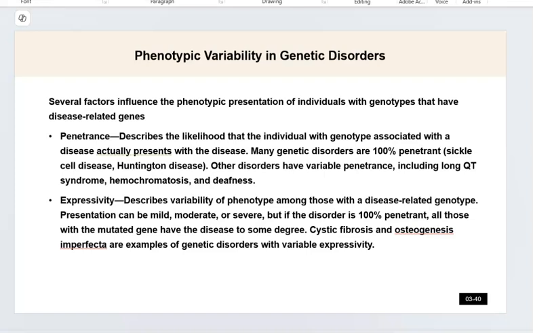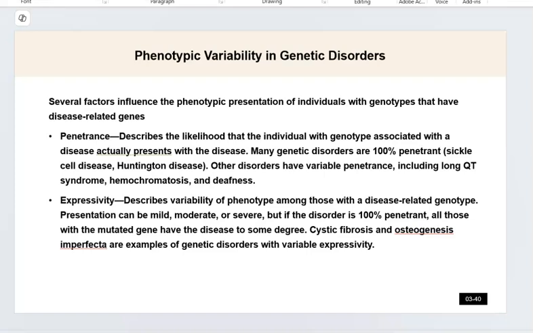Several factors will influence the phenotypic presentation with genotypes that have disease-related genes. So penetrance and expressivity. So penetrance describes the likelihood that the individual with the genotype associated with the disease actually will present with the disease. So some disorders are 100% penetrant. Sickle cell and Huntington's, there's no chance that you're not going to actually express the disease. The penetration of that disease, so to speak, to come through is 100%. But some other diseases have a variable penetrance. So even though you may have it, you may not actually present or show the disease,